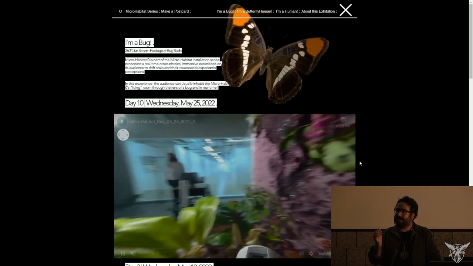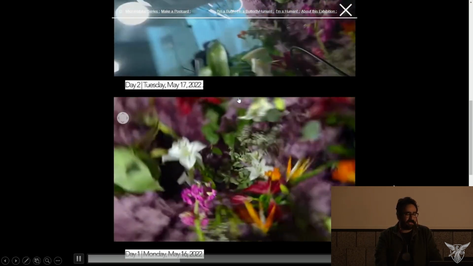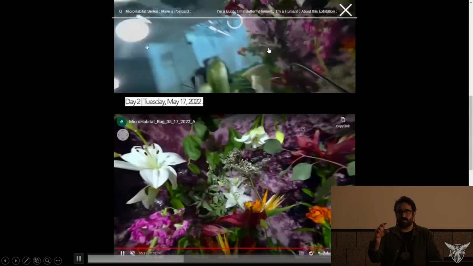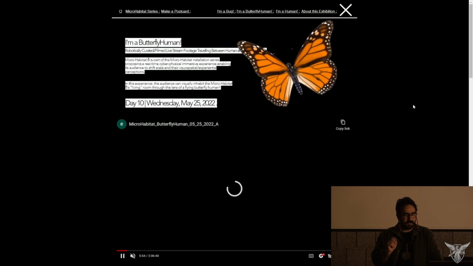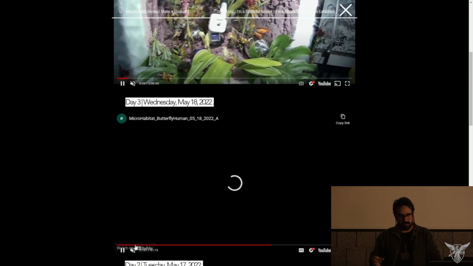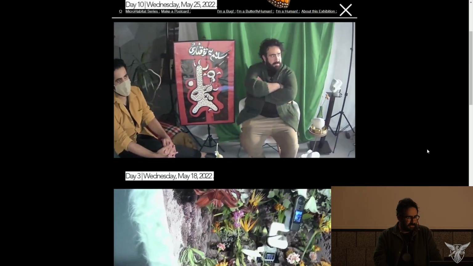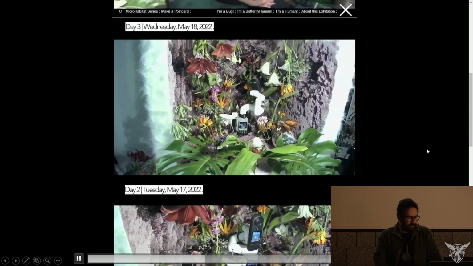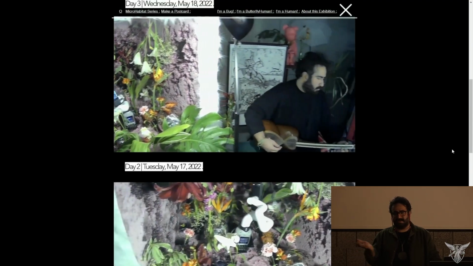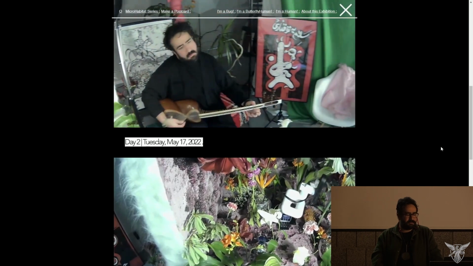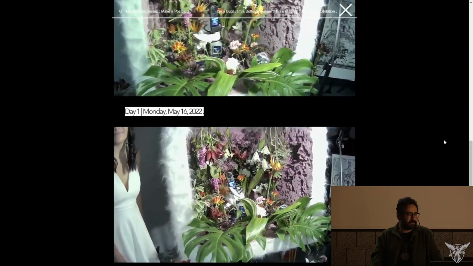So the idea is inhabiting nature at this scale by miniaturizing yourself through the lens of a 360 real-time camera, and by putting either the goggles on or using your phone, you could do that. And what would it be to experience the setup through the lens of a curated fly-through using the camera? It was during COVID, and I'm not sure if it was during COVID or we were just overprotective, I don't remember exactly, but I was having my friends over, playing music there, just inhabiting it as a living room.